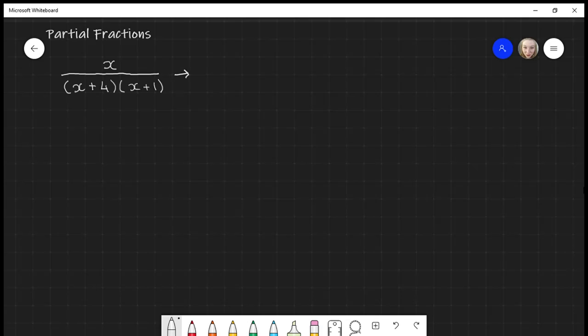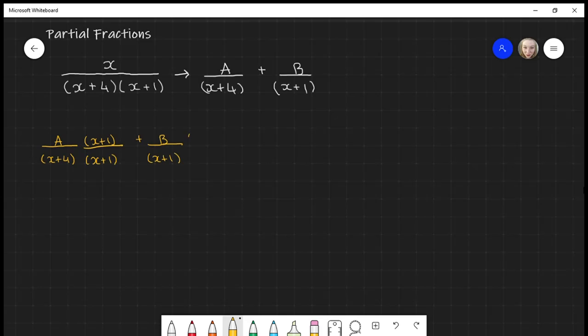Again, let's express this as a over x plus 4 plus b over x plus 1. If we find the expression for the numerator,